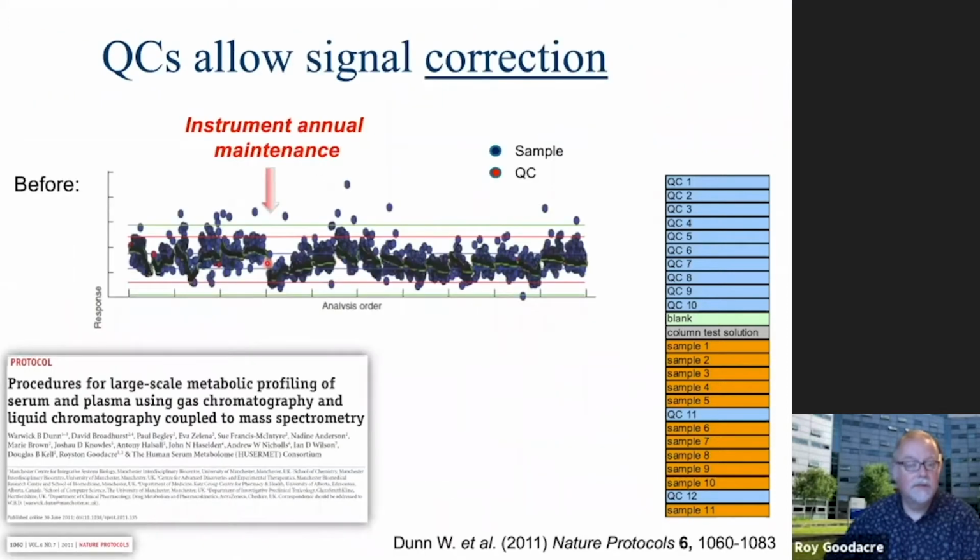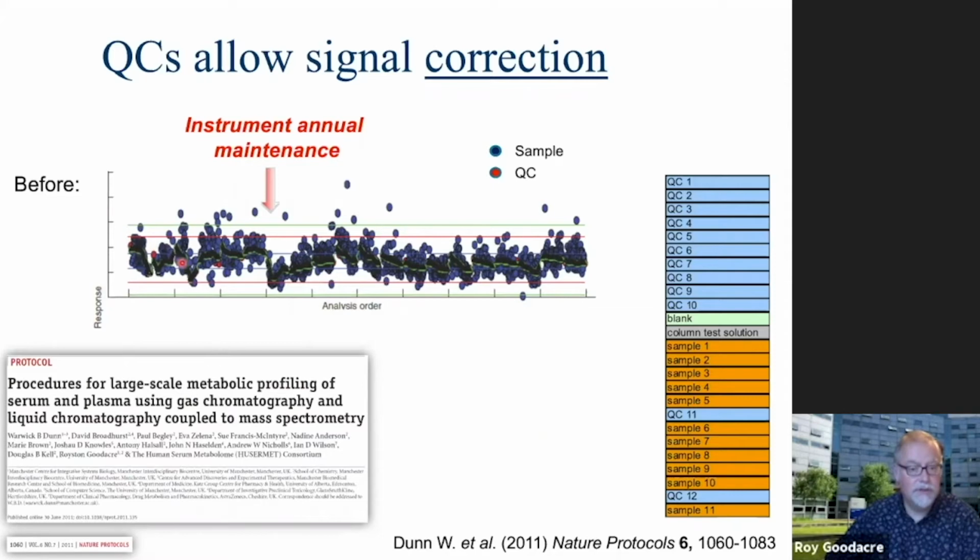And the idea is that you can use those to look at how well your instrument has done. Okay, the QCs should always look the same, but you could also use them for signal correction. So here, for example, is the analysis order. This is 12 months or 18 months, depending on whether it's GC or LCMS for this particular experiment. And this is the signal intensity for a single metabolite that you've extracted. And basically you can look at that metabolite over all the samples that have been analyzed, and you can see